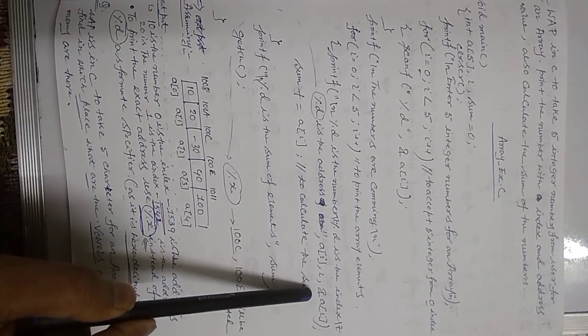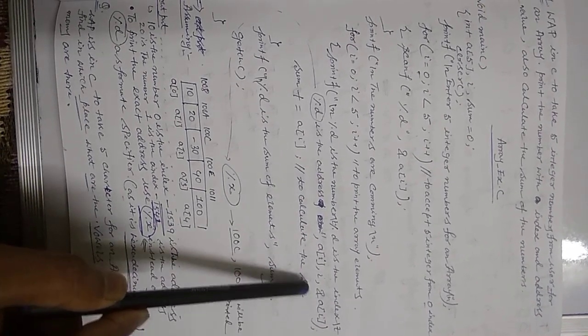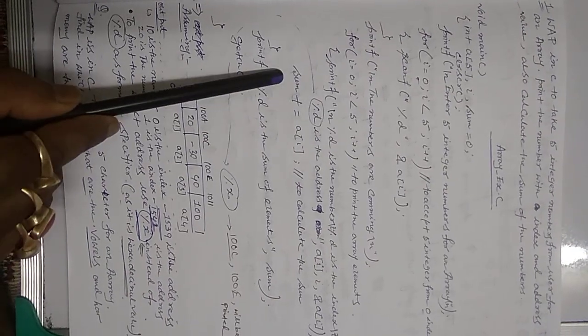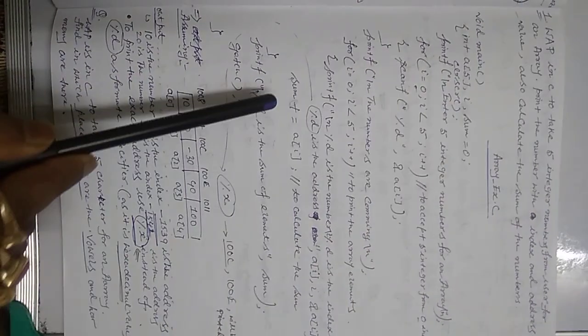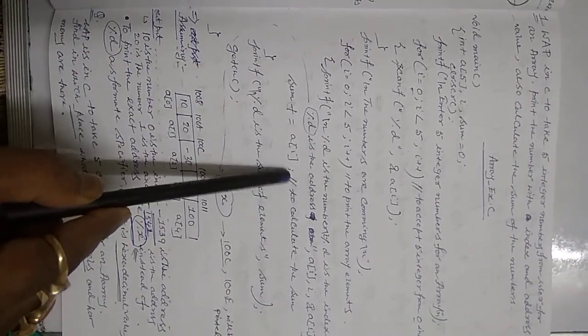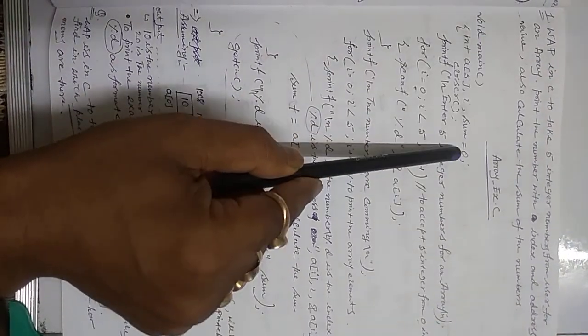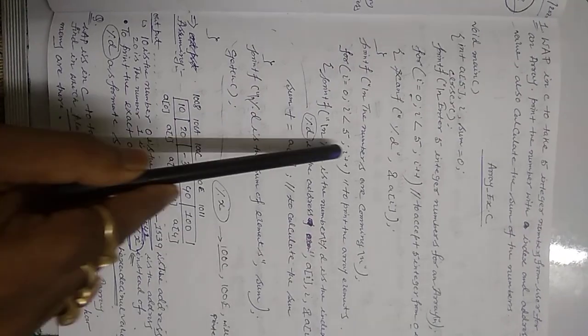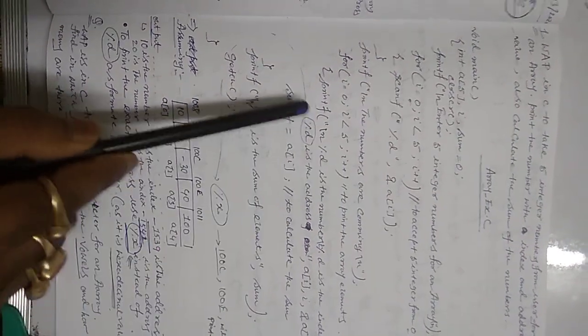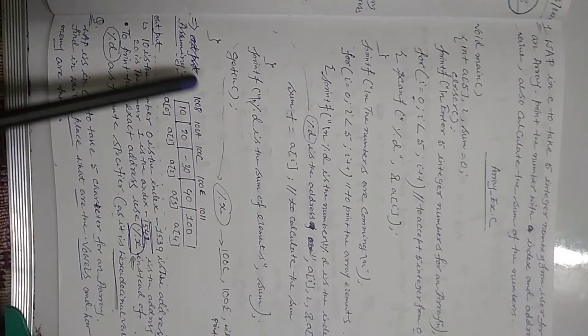Ampersand will give the address of that particular index, and some variable is required to calculate the sum of all these integers. So we will write sum plus equals to a[i], and to avoid garbage value we will initialize it with 0 before the initiation of this loop. Now if we print the sum, that will print the sum of all integer numbers located in this particular array. So output will be like this.